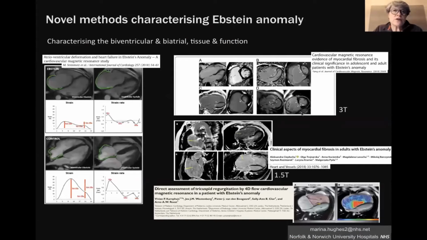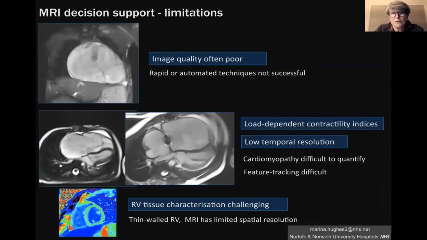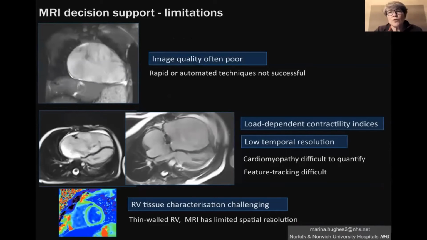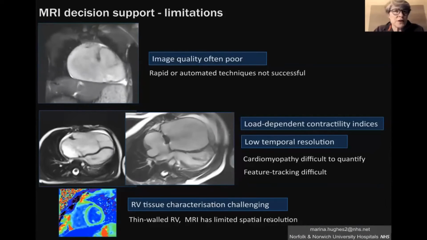And now with increasing sophistication of the software for cardiac MRI, we can look at multiple deformation parameters and also tissue characterization at high resolution. And increasingly now 4D flow techniques are going to play a bigger part in characterizing and classifying the ventricular and valvar hemodynamics for Ebstein malformation. But all of these techniques suffer from a fundamental problem of MRI. There are 3 main